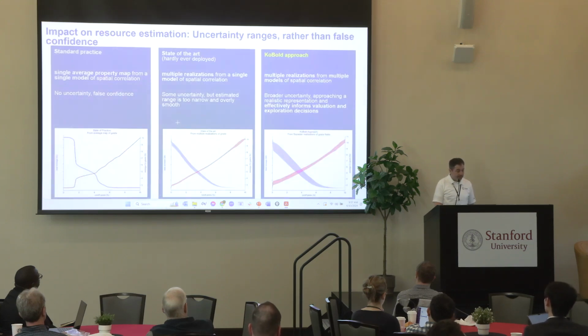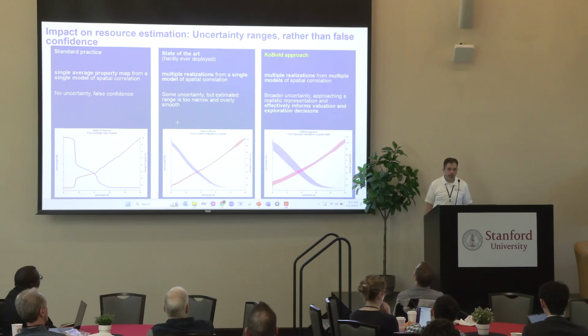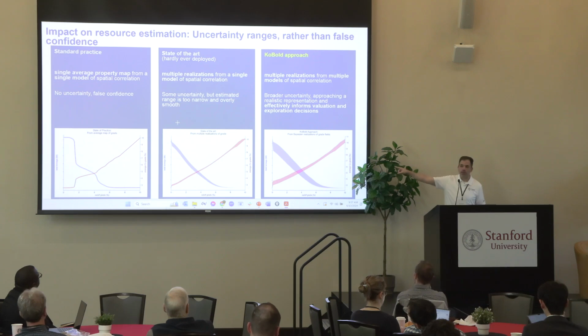But that's just one kind of uncertainty. Oh, yes. So the next thing we can do, once we've got these kinds of conditionally simulated models for all of the subsurface characteristics that we care about, is we can propagate that uncertainty all the way through to grade tonnage curves, to mine plans, et cetera, right? And so most people in the industry are used to looking at grade tonnage curves, but they're used to looking at one grade tonnage curve, like what you would see on the left.